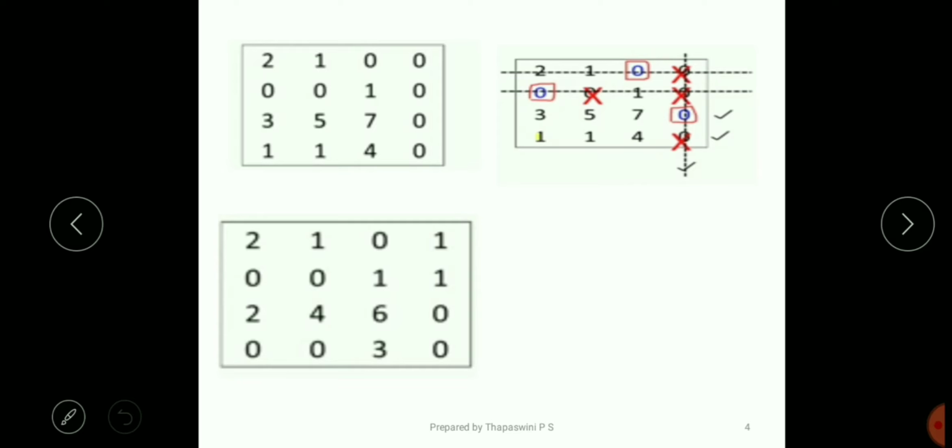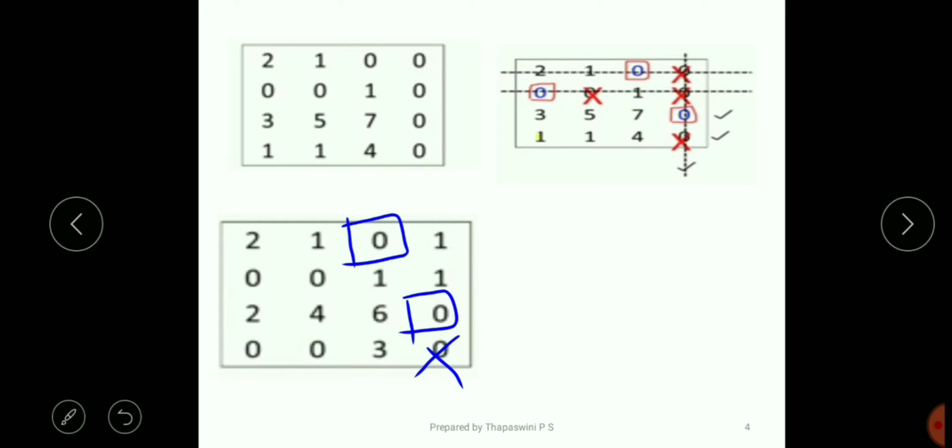The next step after the reduction is to perform the zero assignment again. Now examine each row successively. Consider the first row, it has a single zero, so make an assignment, and no zeros are present with respect to this column. Next, the second row has two zeros, so do not make an assignment. Next consider the third row, it has a single zero, so make an assignment and put a cross over this 0. Now consider the fourth row, which has two zeros, so do not make an assignment.